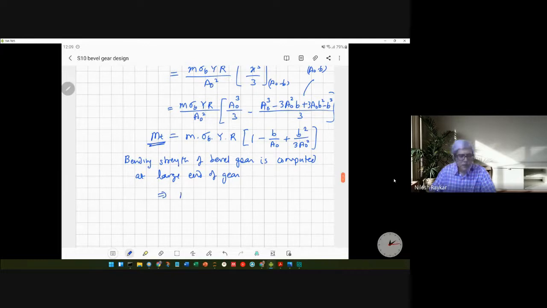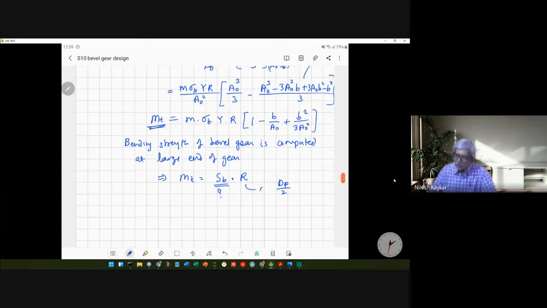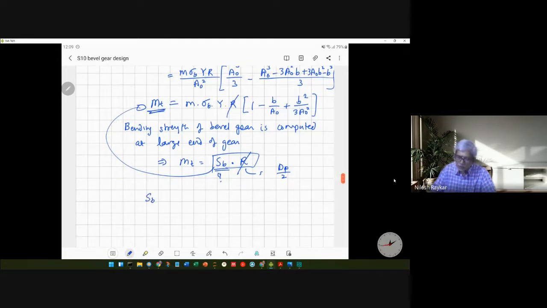So this implies that MT will be equal to SB, which is what we are trying to find out, how much maximum force this tooth can take, multiplied by R. So R is the large end radius. So this is nothing but dp by 2. Okay, so we'll use that particular expression. So we'll substitute this into MT. So this R gets cancelled with this R, and we get the expression for SB as m sigma b, m into